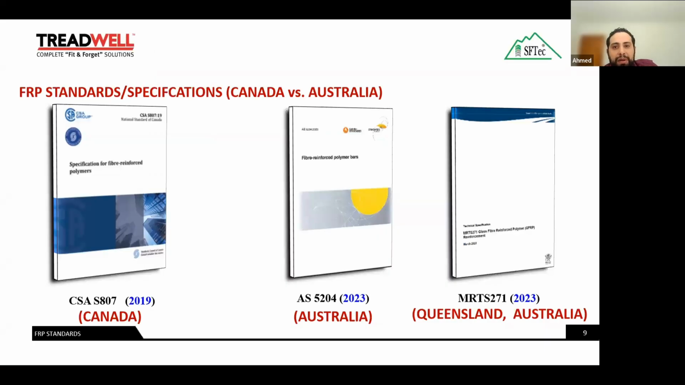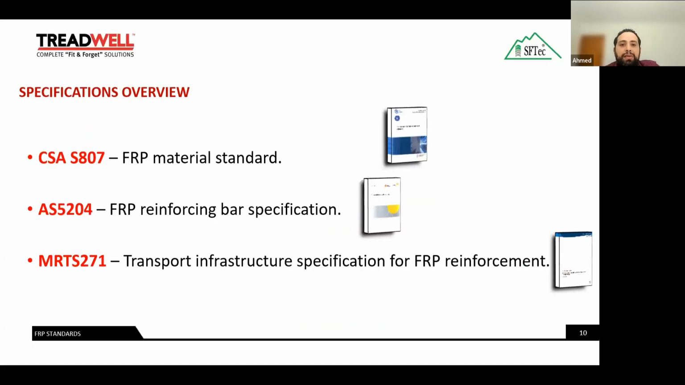As the use of FRP reinforcement increases worldwide, it becomes essential to have clear standards and specifications to ensure the safety and also the quality. In this presentation, we will focus on three key specifications used in Canada and Australia: CSA S807 in Canada, AS5204 in Australia, and MRTS 271, which is used in Queensland for transportation infrastructure projects. These standards are mainly for different